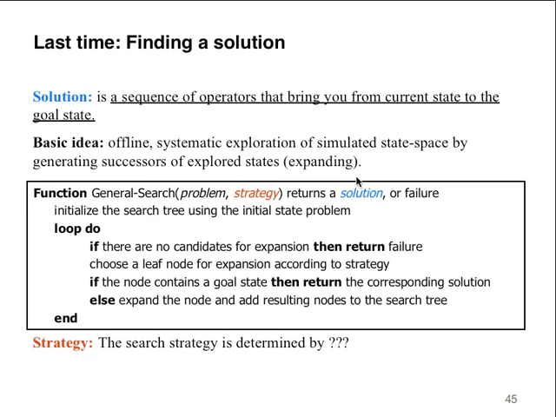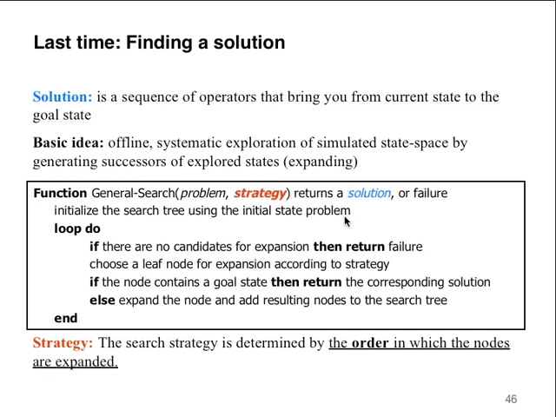Also, we have the basic idea of offline systematic exploration of simulated state space, and there's a repeated definition again of the concept of the basic idea. And then this is a repeated statement as well in terms of the pseudocode you saw in the previous slide. The search strategy is determined by, and that's the question we're talking about right now: how do you know which search strategy and which approach you're going to take to solve the problem, to come up with the solution? Because the sky's the limit if you think about it, especially if you apply different